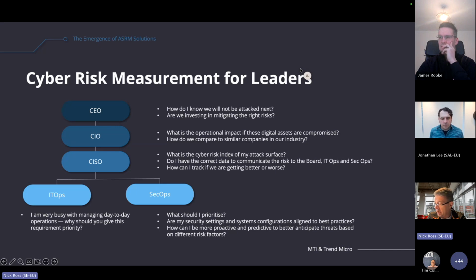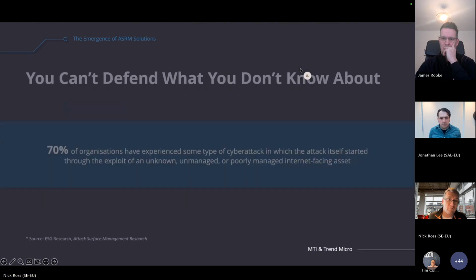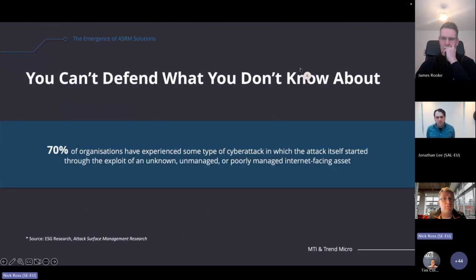But also what we're talking about here is providing the right intelligence needed to make really sophisticated investments. So making sure that organizations are investing limited funds in the right technologies in the right spaces, as opposed to blanket technologies, which can sometimes be very expensive to mitigate against risks that perhaps aren't actually a priority to the organization. By furnishing them with the right information, they can make those really joined up decisions and make sure that their limited funds are being spent on the things that are going to be most effective to mitigate risk within that organization. It's a bit of an old adage, but you can't protect what you don't know about.